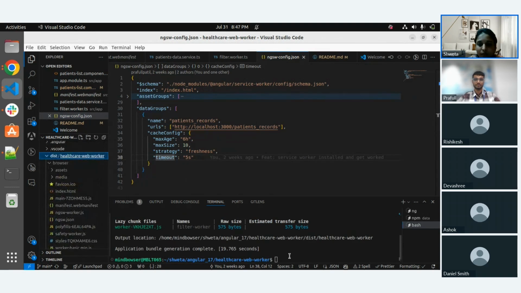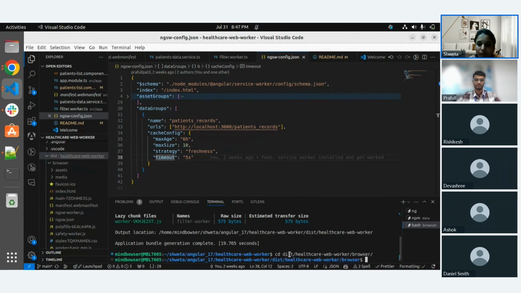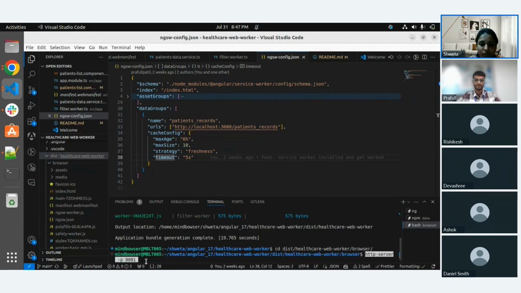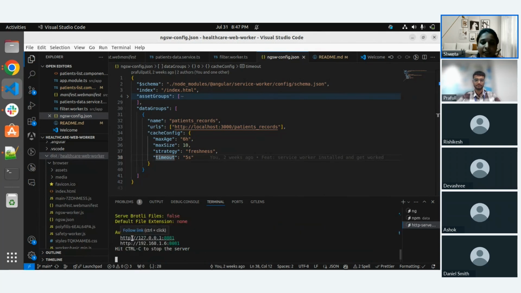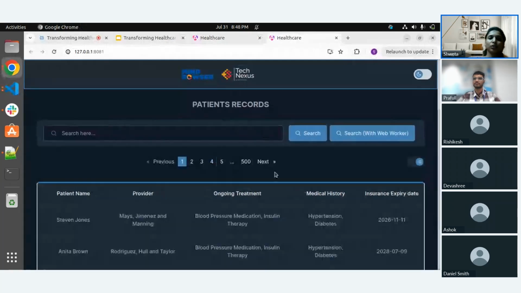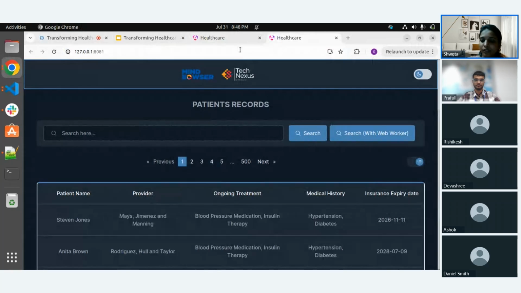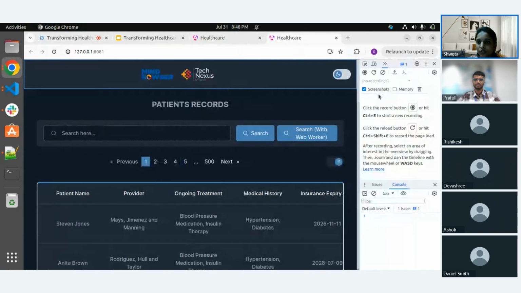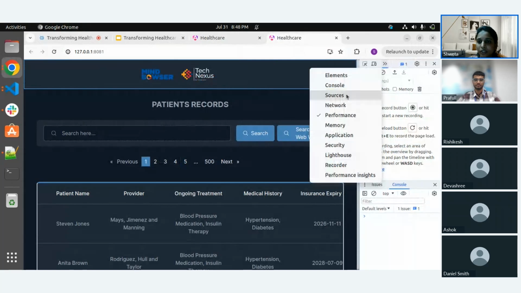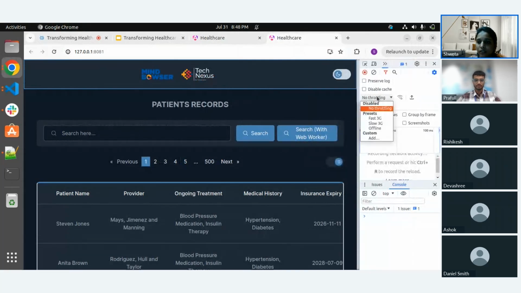We have to go to that path and hit the command http-server with port 8081. It will redirect and give the link where our app is available. So our app is available over here now. So let's check if it works offline or not. For this, if we go to the network tab and turn off our network and try to search any record,